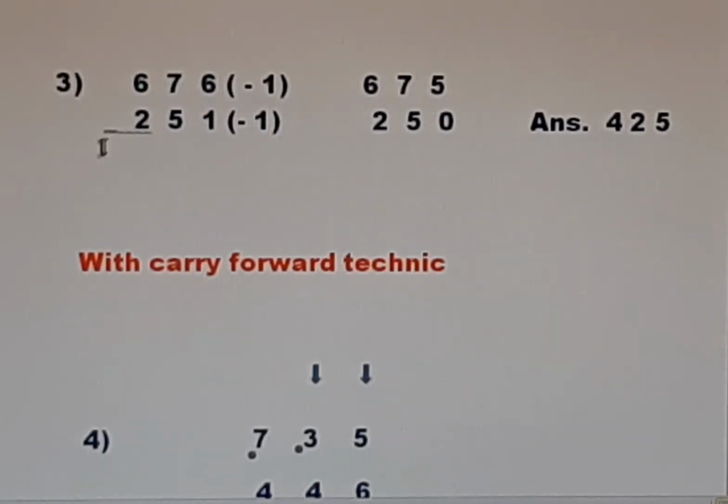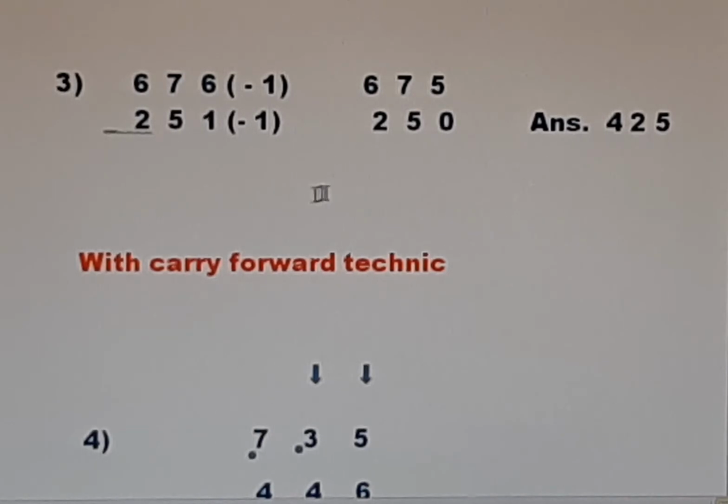678 minus 212. Which one is the higher figure? 678. And which one is the lower figure? 212. Just check it. Can you minus 2 from 6? Yeah. Can you minus 1 from 7? Yes. Can you minus 2 from 6? Yes. See, these steps are not needed,